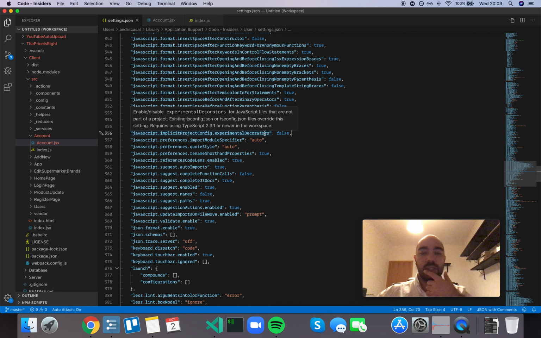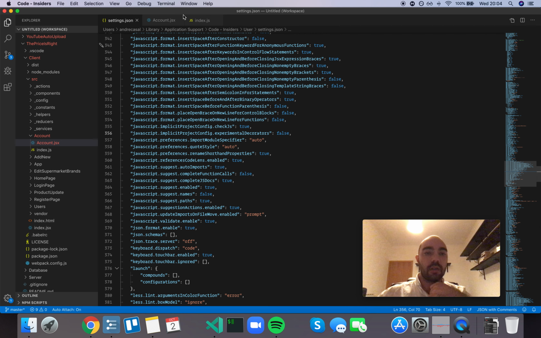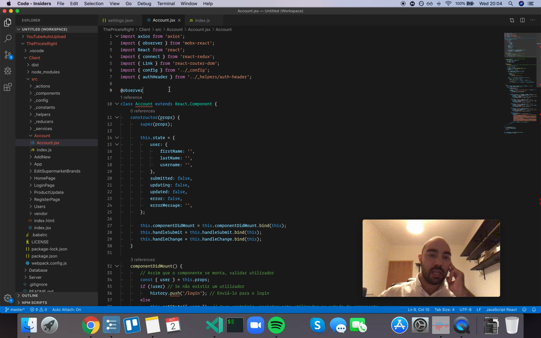So let me show you what this looks like. Let's leave this as false for now so that I can show you the error that shows up. And so I installed the MobX React, which is a state management tool for React. And I added the observer decorator. I was missing the word. And if you do that,